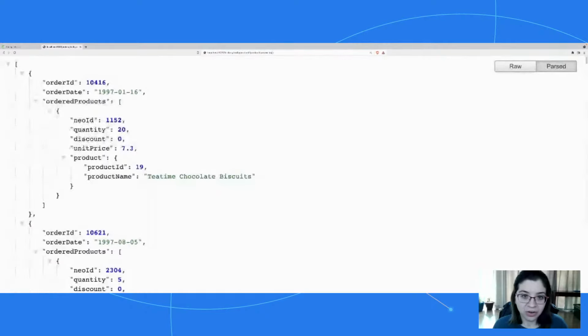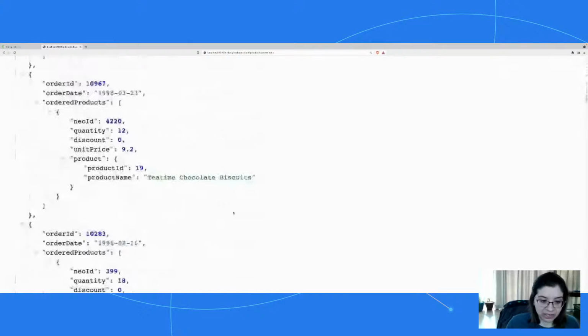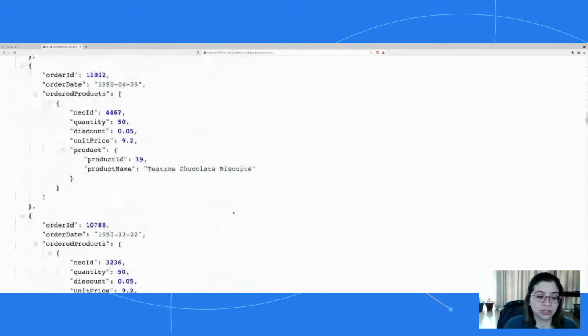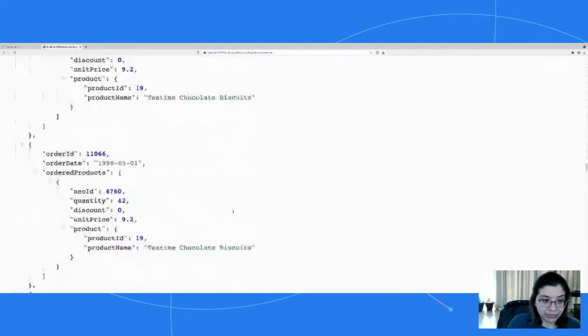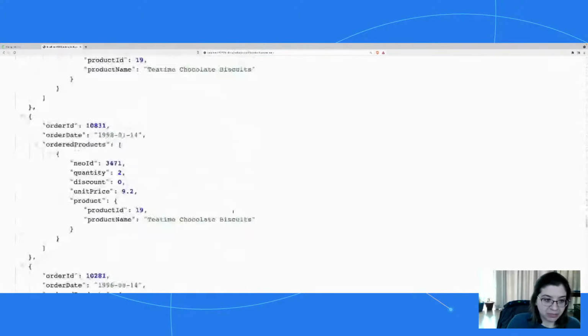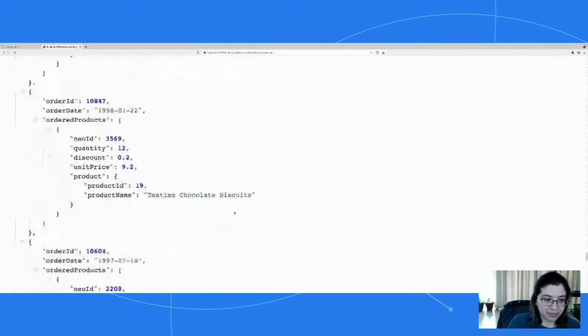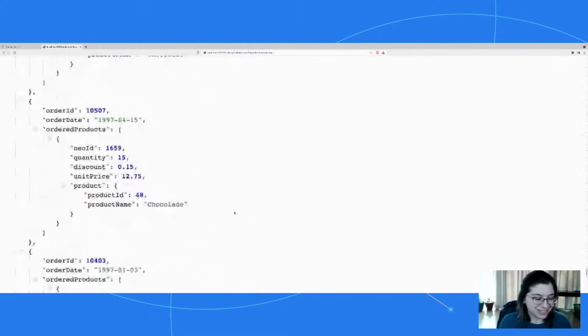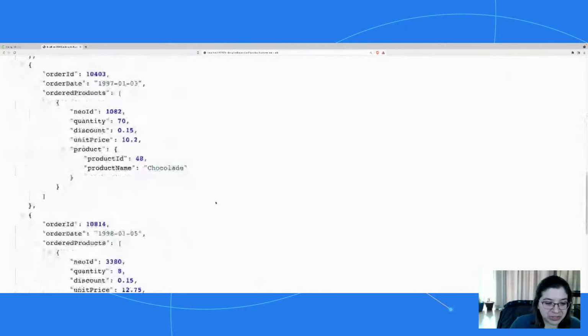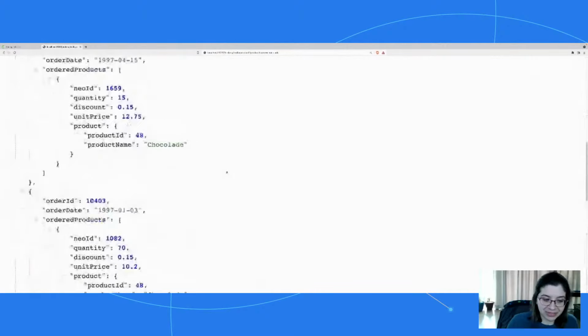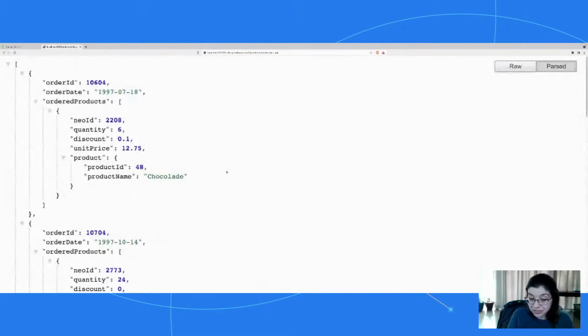And if I search for Choco, it's going to pull Tea Time Chocolate Biscuits, and it's going to pull Chocolate. So it's doing the fuzzy search. It's just not going out and grabbing that extra data because I haven't told it to. Let's scroll down. Come on, where's the Chocolate? There it is. It's like, man, it's way down here. Okay, so we get our Chocolate there, and then if I specify specifically Chocolate, it just pulls orders with Chocolate in it. So no Tea Time Chocolate Biscuits. That's it. Okay, so our fuzzy search then is working.